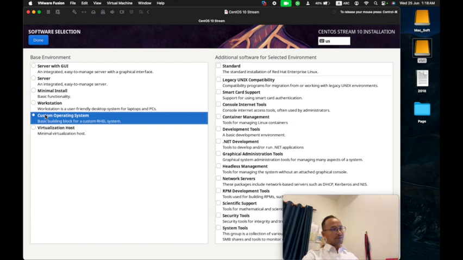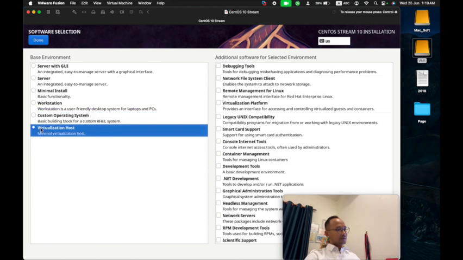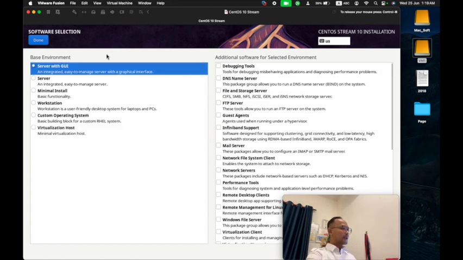But you see, BIOS boot is a special partition that we need to create for the latest version. If we do not create it, after installation our computer cannot boot the operating system, cannot boot CentOS. So here we need 4 special partitions.